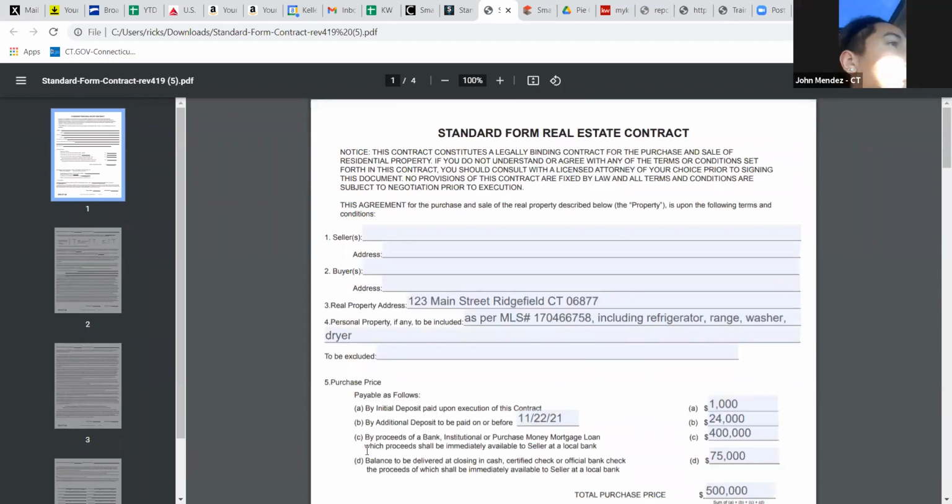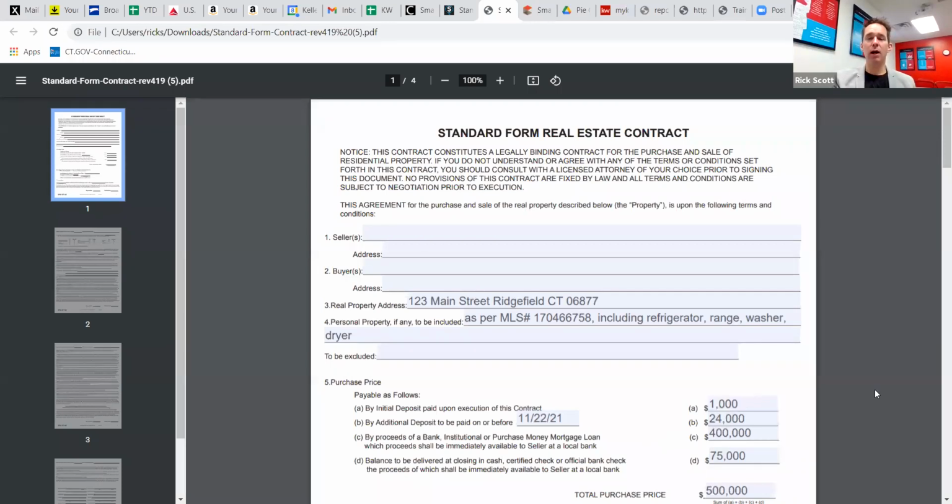Hey, Rick, I got a quick question. Yes, John. So you guys mentioned the word riders a couple times throughout the Zoom call. I was wondering, what's a rider? What does that mean? So generally speaking,